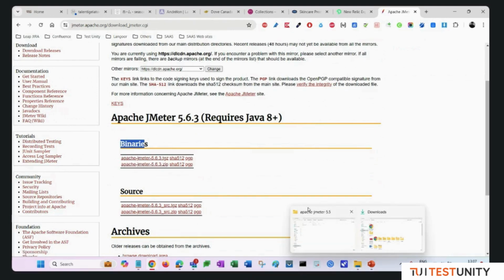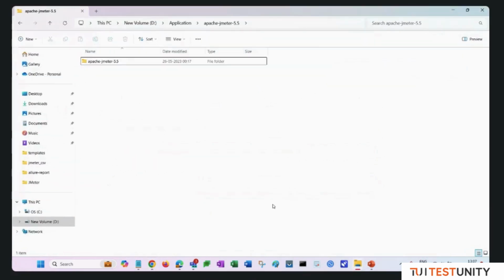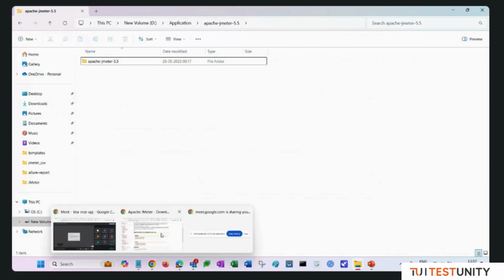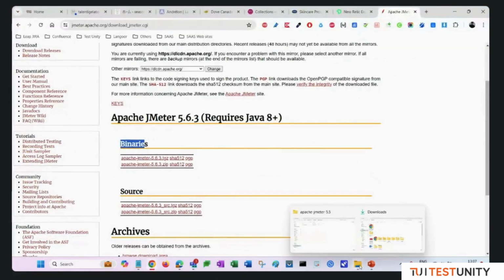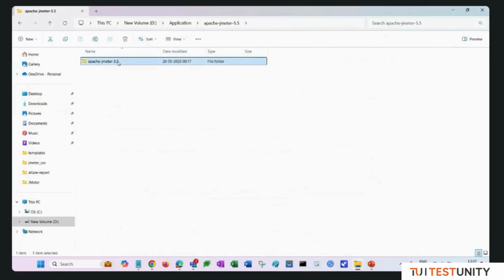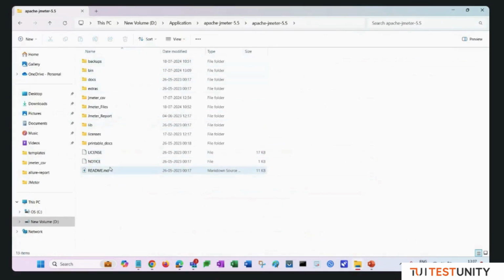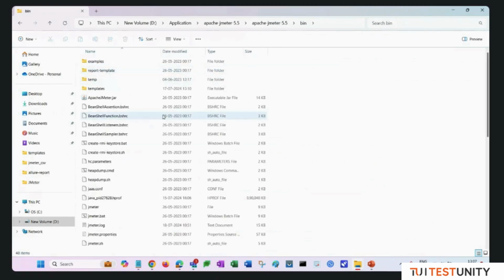Once you download and extract the zip file, you will see a folder like this, Apache JMeter 5.5. In my case, it's one version lower. I think the latest one is 5.6. So once extracted, you'll see the folder structure like this, and then go to the bin folder, and inside the bin folder there is a